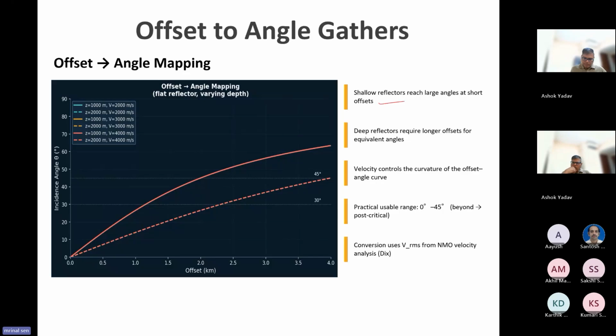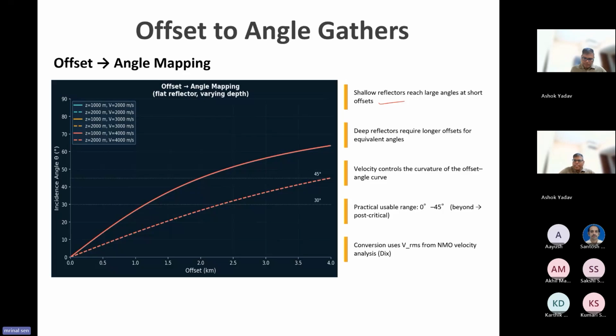This is very important. Deep reflectors require longer offsets for equivalent angles, and velocity controls the curvature of the offset-angle curve. Okay, so typically we make use of angles in the range 0 to 45 degrees, and beyond 45 degrees it's generally post-critical, so there is a phase change,